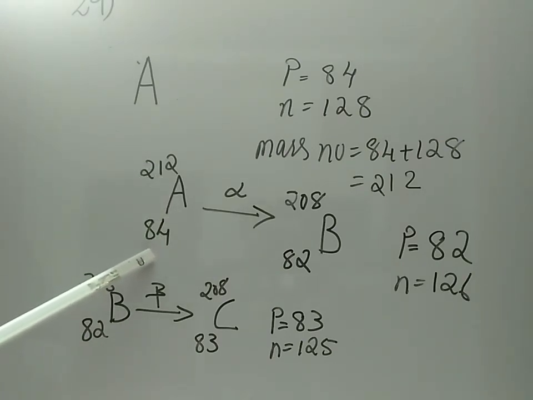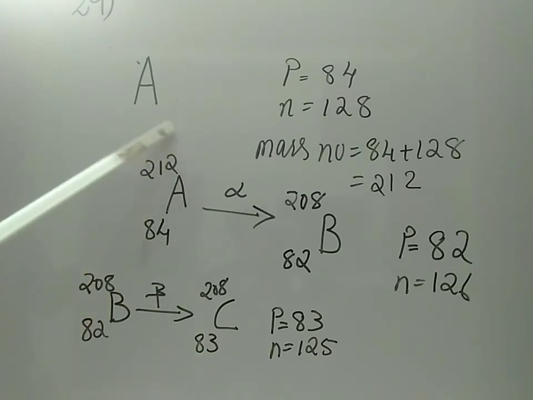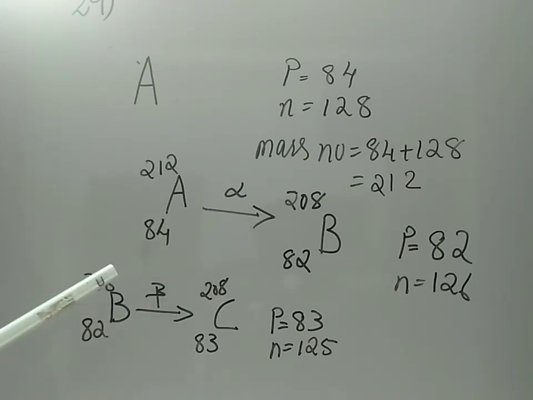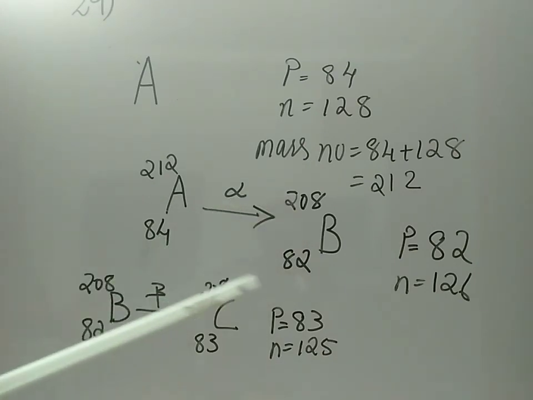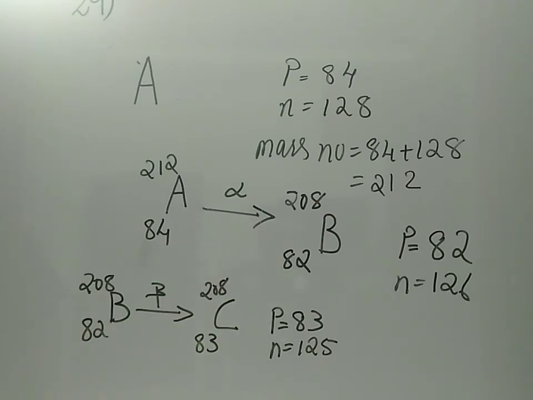And what is the atomic number? From the definition of atomic number, it is clear: the number of protons in the nucleus is known as the atomic number. So the number of protons is 84, the atomic number is 84. So we got the composition of our parent nucleus A: 212, 84. Now it undergoes alpha emission. When it undergoes alpha emission, mass number minus 4, atomic number minus 2. 212 minus 4 is 208, 84 minus 2 is 82. So we got the first daughter nucleus B: 208, 82.